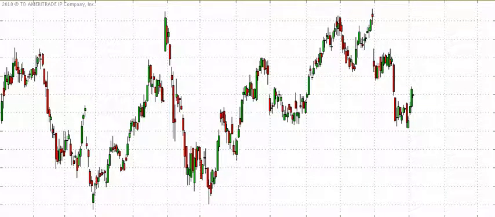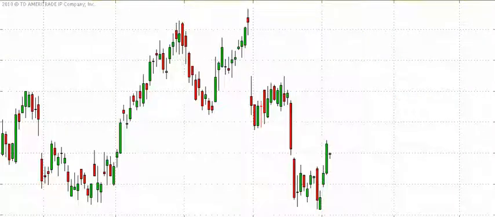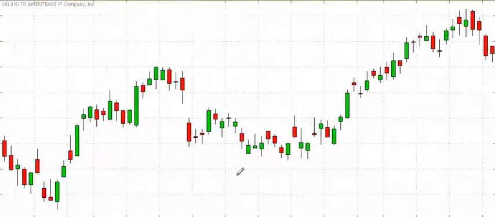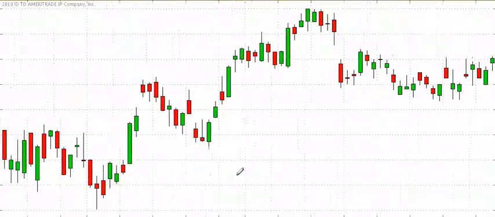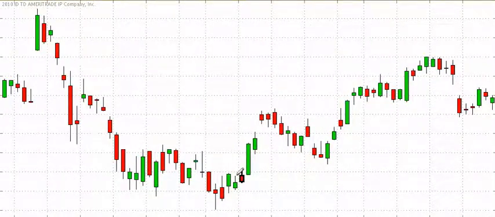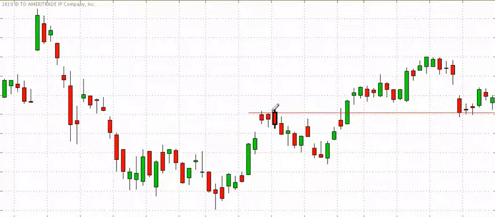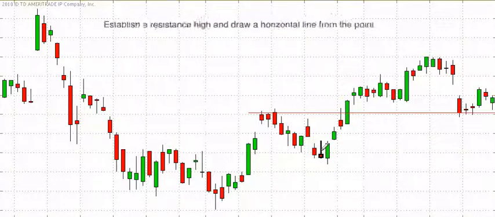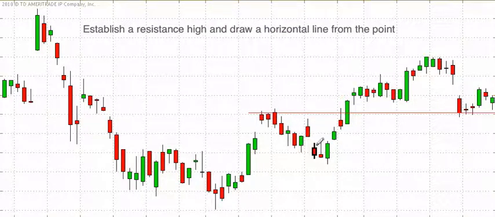This is FSLR. Now I'm going to zoom in a little bit for you so you can see the points that I'm referring to. What we're looking for in a breakout strategy is an existing high or resistance point. Let me just pick this level right here for you. Now this particular high is a point in which the sellers came in and pushed the stock to a lower level. Now once you have a resistance point established, then you have a reference point to put a buy stop